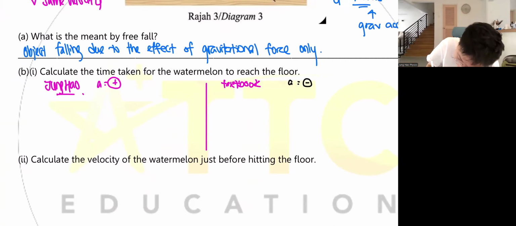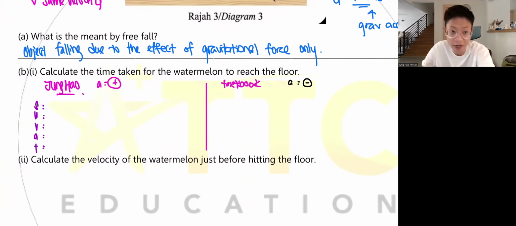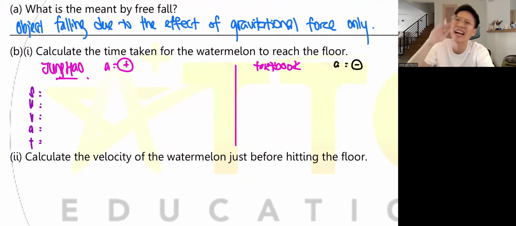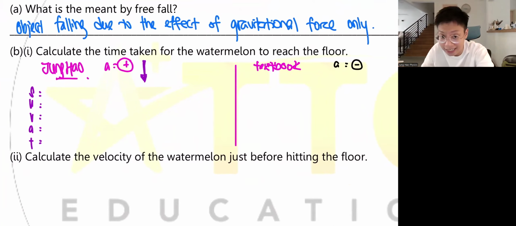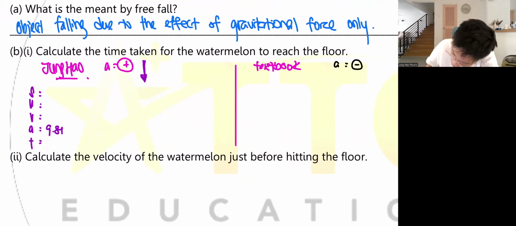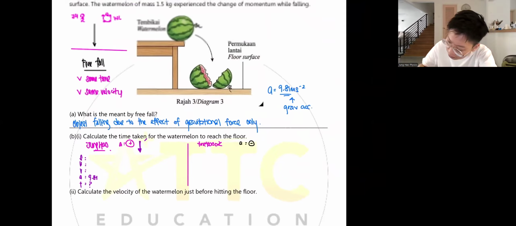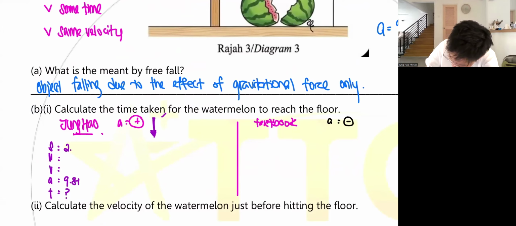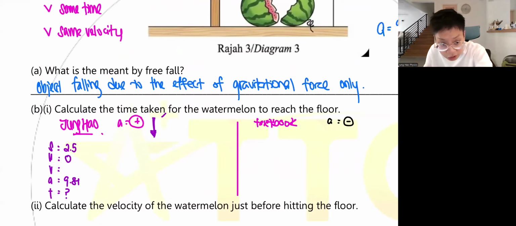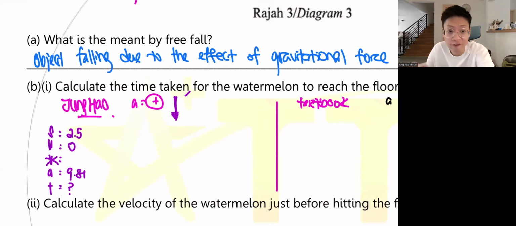Okay, for me, I just want my calculation to be done very fast. If my teacher wants to deduct 1 mark, I give him the 1 mark. He can say whatever he wants, I don't care. Now when something falls, it's going to accelerate at 9.81. So I'm trying to calculate the time taken. So my t will be unknown, a question mark, and it falls across a distance of a 2.5 meter tall table. So my displacement here will be 2.5 meters, initial velocity is 0. Now I don't have the final velocity.